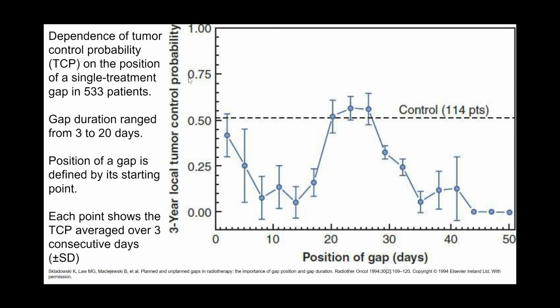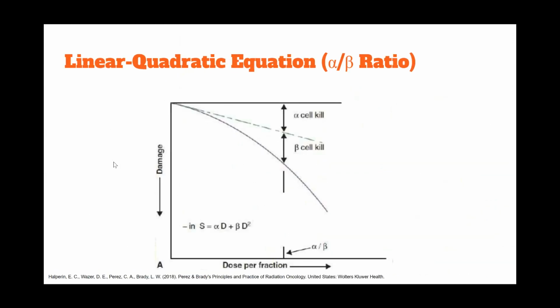So if you look at these patients where a treatment gap has been given, this is data of 533 patients. There has been a treatment gap ranging from 3 days to 20 days. And we can see that the later the treatment gap was, the poorer was the tumor control because of the accelerated repopulation. Now coming to the linear quadratic equation, the alpha beta ratio that we have been mentioning everywhere,